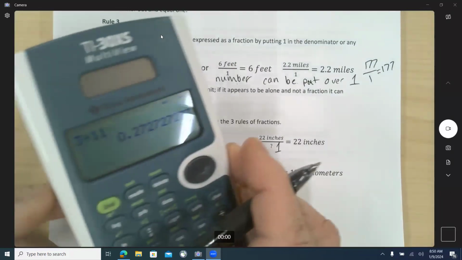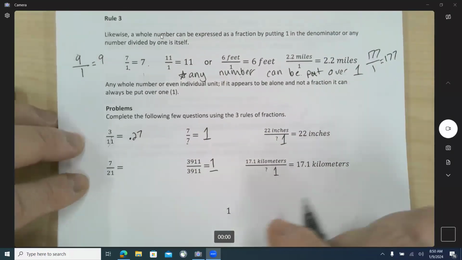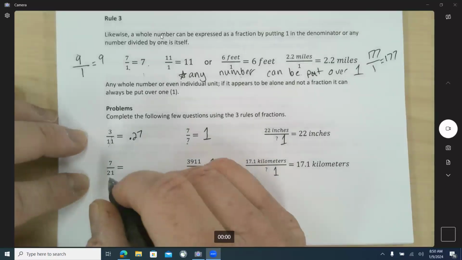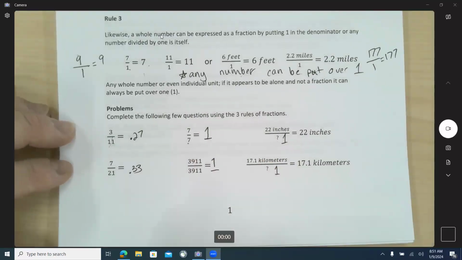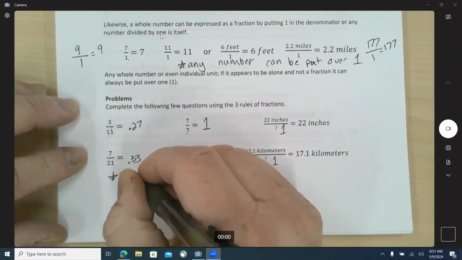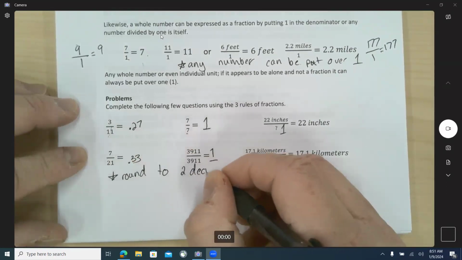One thing I often get is, how do I round these numbers? How do I round them, right? So let's do this one real quick too, and then I will talk about rounding, all right? So 7 divided by 21 gives me 0.33, another repeating forever number. So I round to 2 decimal places,